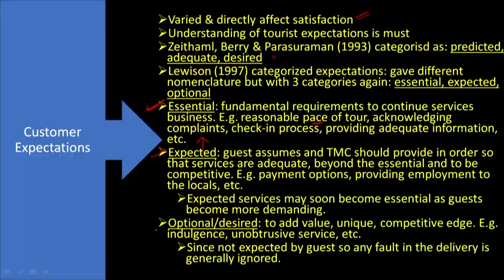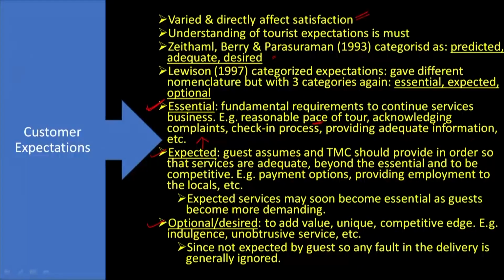So, they need to explore more expected services, so that they can still provide a better experience or a higher level of satisfaction to their tourist. Okay. Now, third is optional or desired. So, essential is done, expected is done. Now, there is something which your tourist might be knowing or not knowing, but he might be just having the thought, yeah, it's okay, if I can get it, there will be nothing better than this,